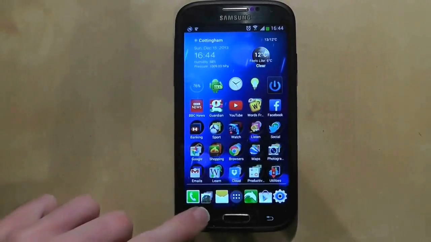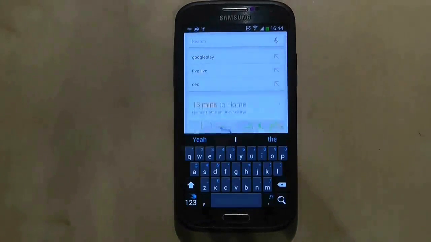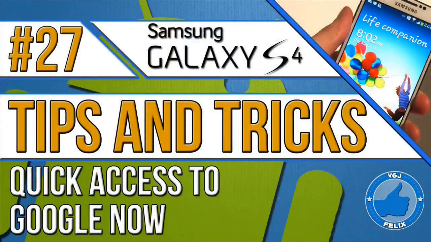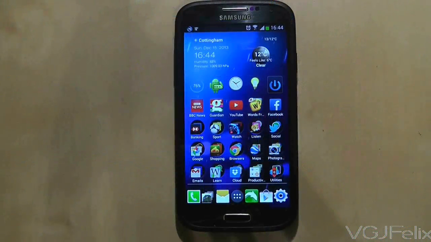Google Now. Want it right now? Well, here's how to get it now. Google Now is the integrated search facility and dispenser of information that's relevant to you, and here's 2 shortcuts to